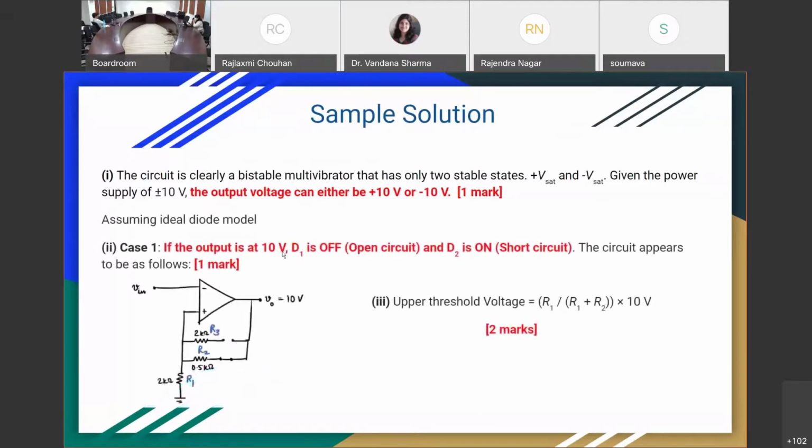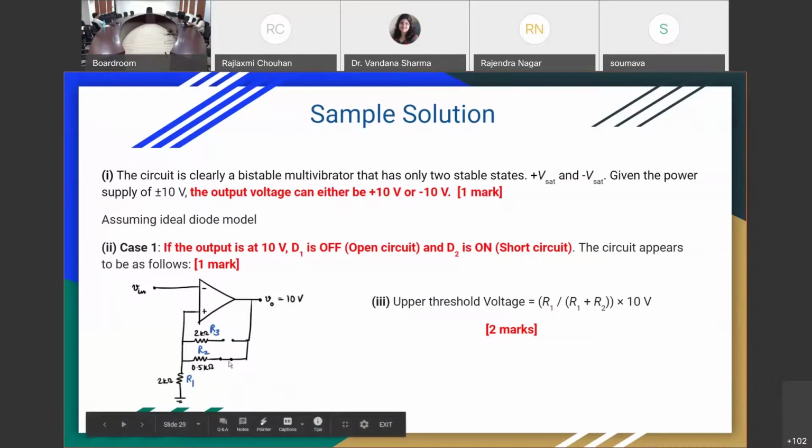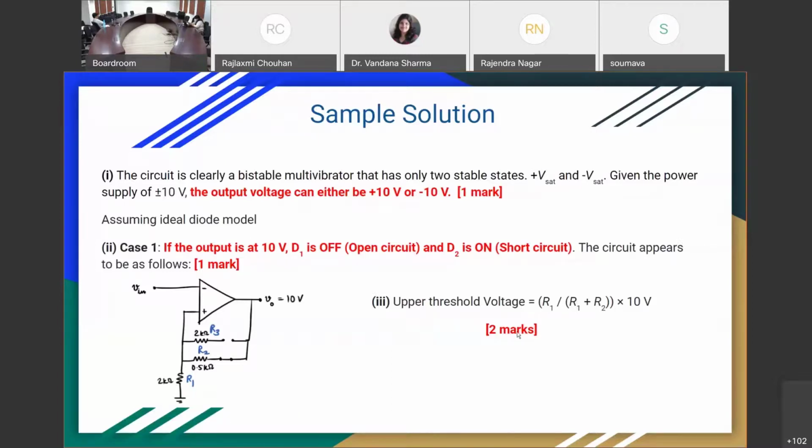Then dividing this solution into different steps. So with the assumption for case 1, they draw this kind of a circuit and they identify that, okay, one diode will be open, one diode will be short, and then they would write what is the upper threshold voltage. Fine. This would have landed them 1 more mark here and 2 more marks for correctly writing the upper threshold.